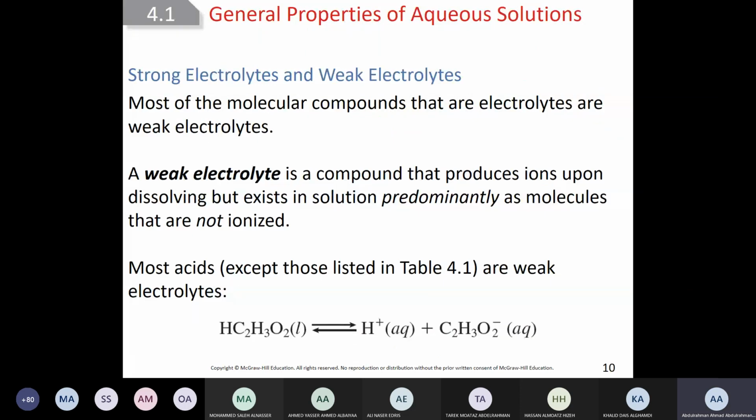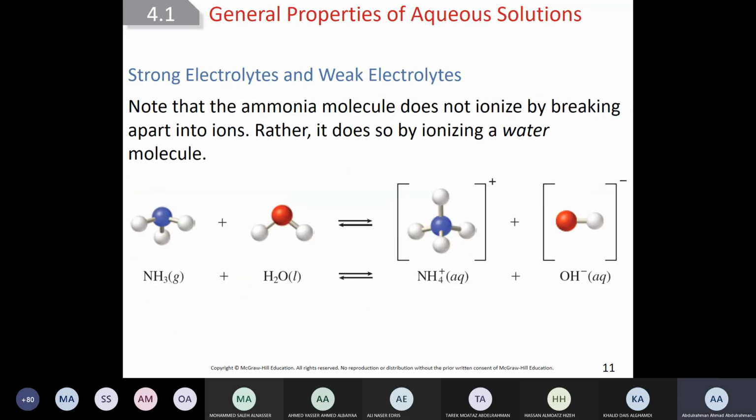Now, what's this acid called? Acetic acid. Why do we call it acid? Because it produces H plus ion, hydronium. Clear? Good. Next, ammonia. When it dissolves in water, NH3 plus H2O gives you